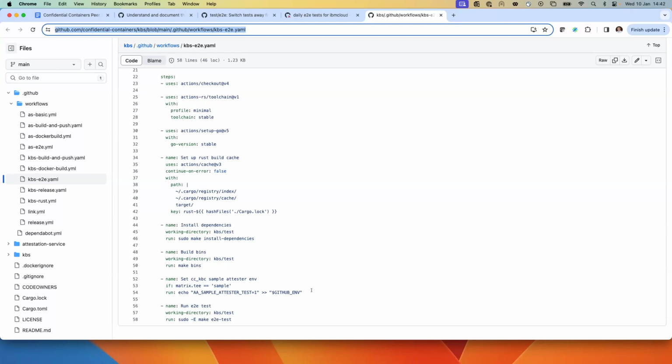And if you have an SEV guest device, I think, then it will try to create SNP evidence, and then it will get verified. So this is a pretty easy way to check whether things work, and then you can also see where it fails exactly. Thanks, Magnus. Yeah, I will try this one.